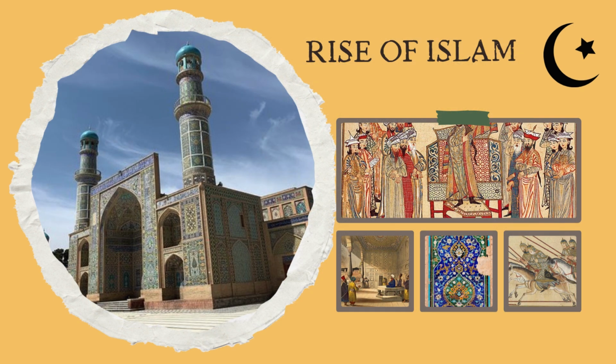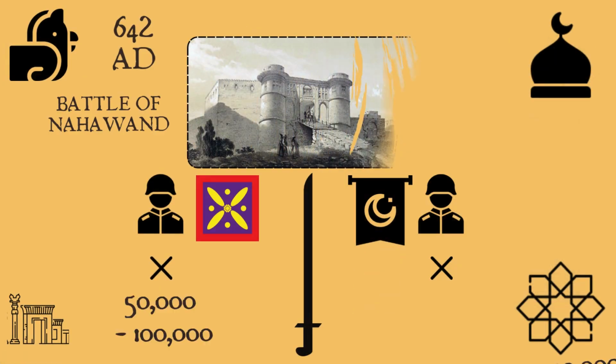The Muslim conquest of the Sasanian Persian Empire in 642 CE changed the political landscape of the surrounding region. Following their victory over them, they rapidly marched eastwards into cities such as Herat in Afghanistan. One of the key battles leading up to the Muslim conquest of the Persian Sassanids and ultimately Afghanistan was the Battle of Nahawand. 50 to 100,000 Sassanid Persians were up against the 30,000 Muslim men as the Rashidun Caliphate launched